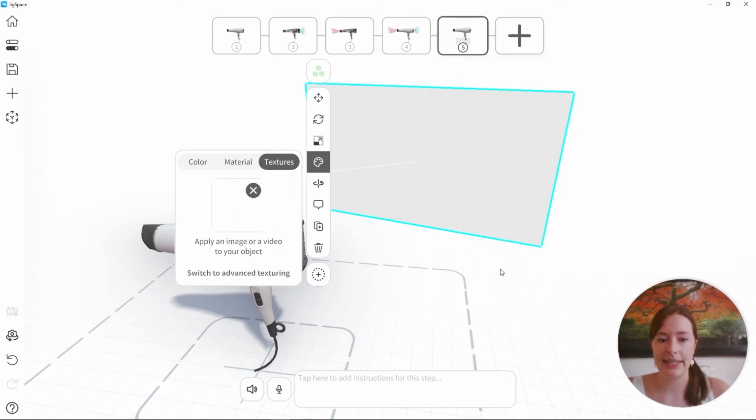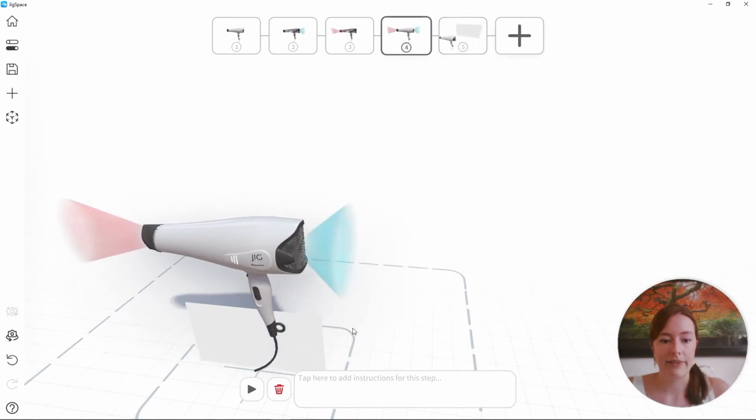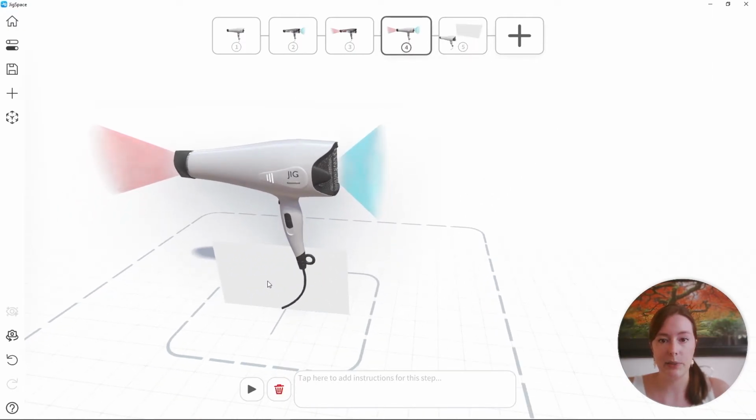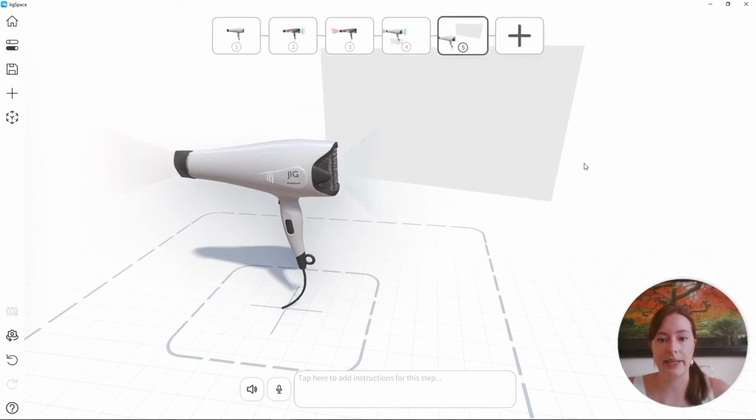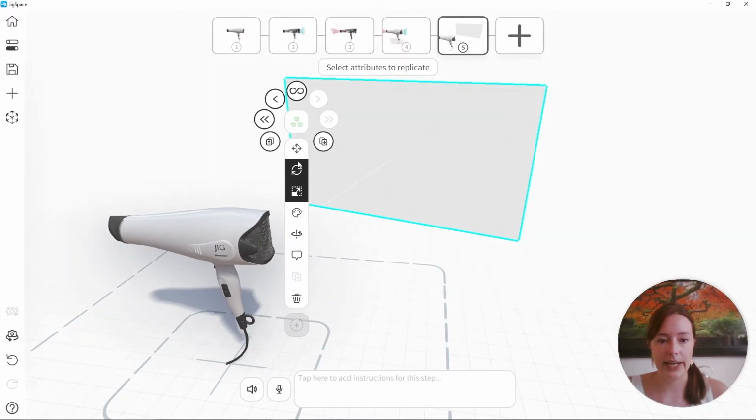So with this in the scene, I'm mindful that on step 4, 3, 2, and 1, I have that object positioned in its initial position. So I'm going to select step 5, and I'm going to select my object, and selecting scale, rotation, and position, I'm going to copy those across to the previous steps.